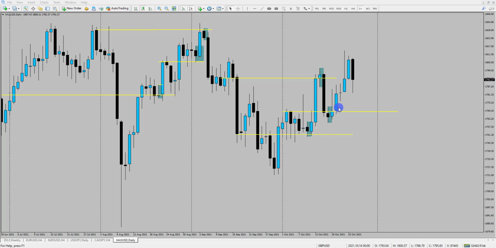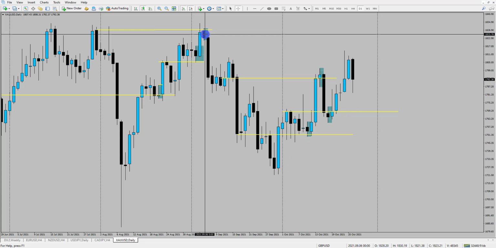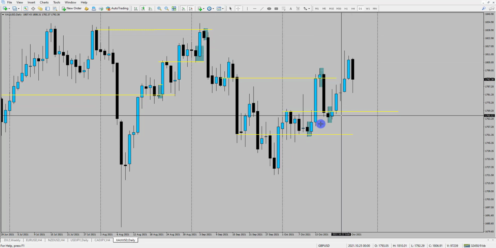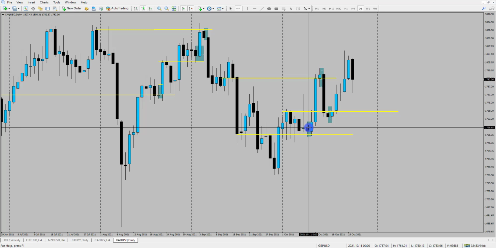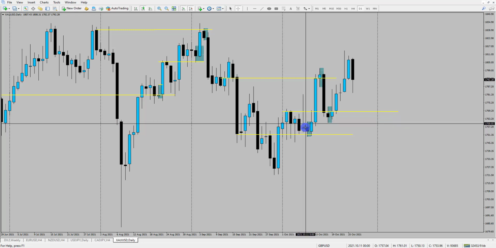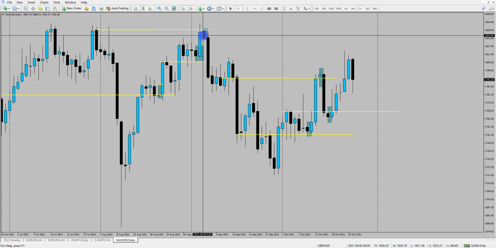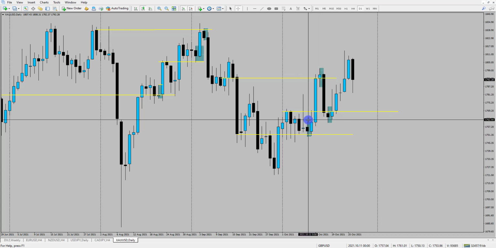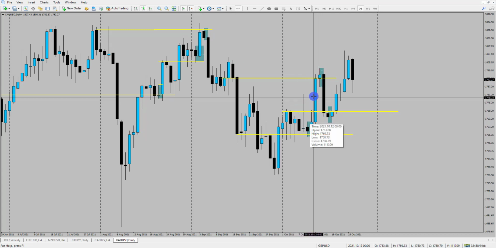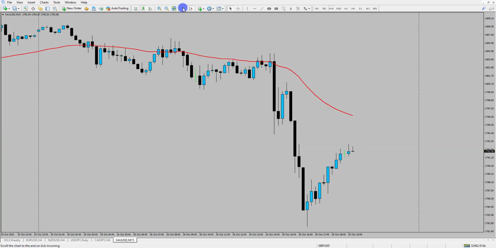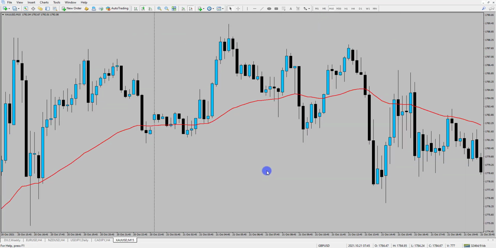So after all this price movement, this is the smallest candlestick since this one back in around about the 6th of September. So this one here on the 11th of October is the lowest daily range since that candlestick. And what we can see here is, again, price breaks above the high and we get the extension into the next day. So if I actually go into the 15-minute time frame and we go all the way back